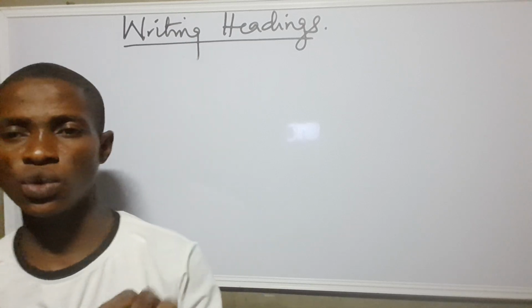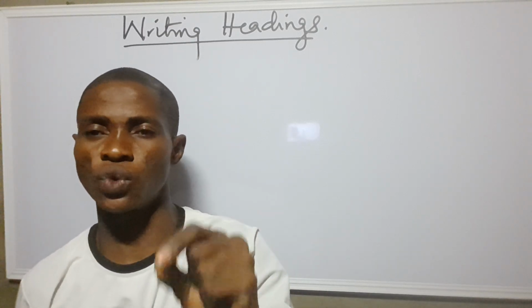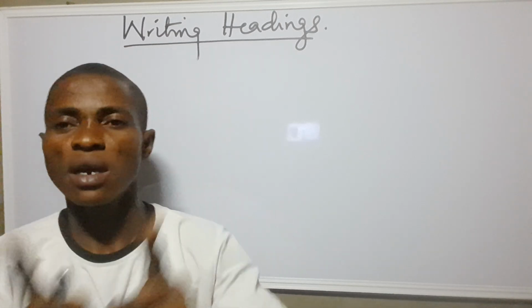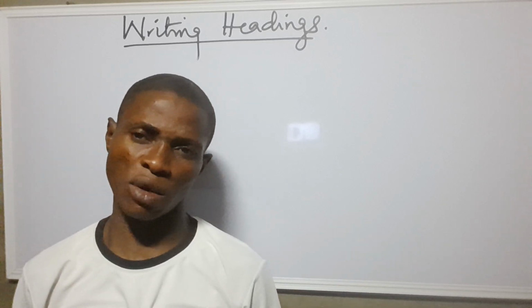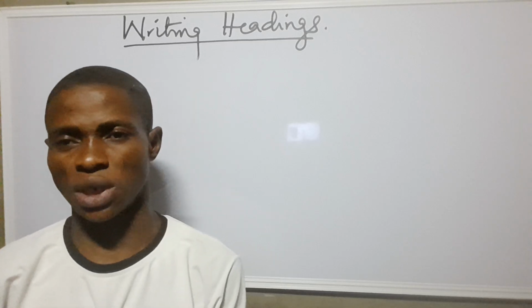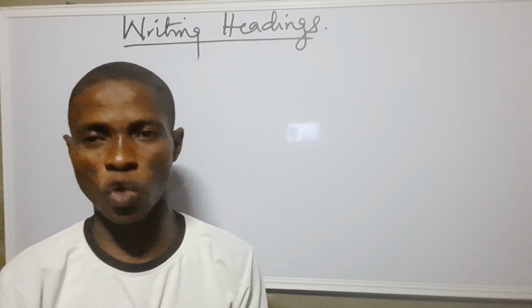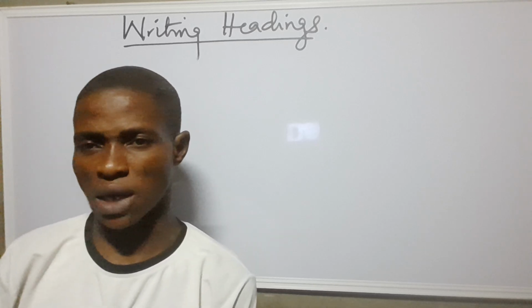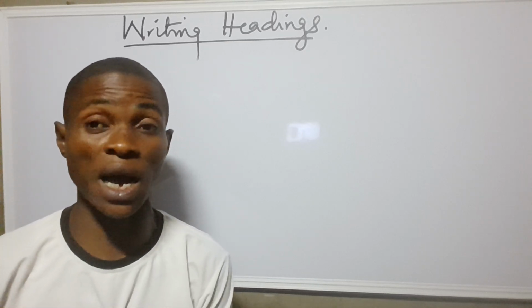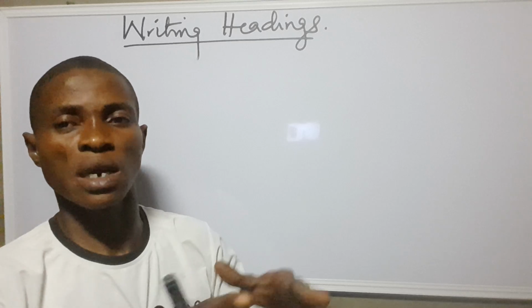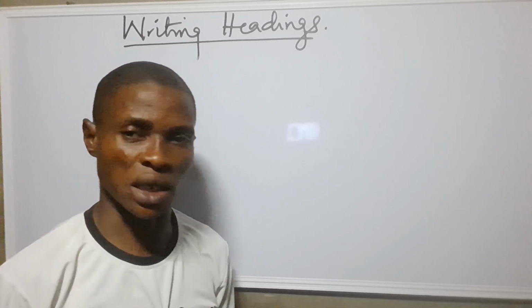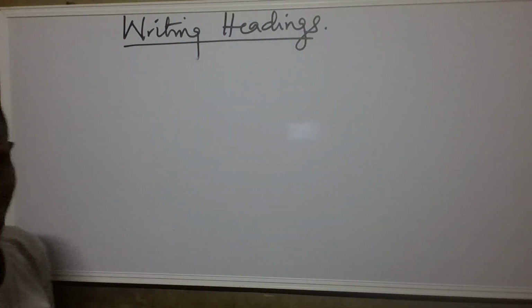If you were to write a title in small letters, you should be able to differentiate between what is known as lexical items and grammatical items. What do I mean by lexical items and grammatical items? We all know that we have what is known as parts of speech in English grammar. Parts of speech could be grouped into two. We have the major class and the minor class. The major class are also called the lexical items. They are the items that carry the meaning, while the grammatical items are called the minor class. Take note of that.